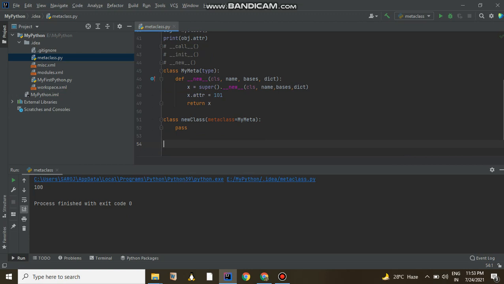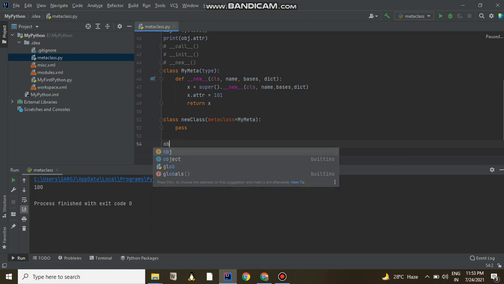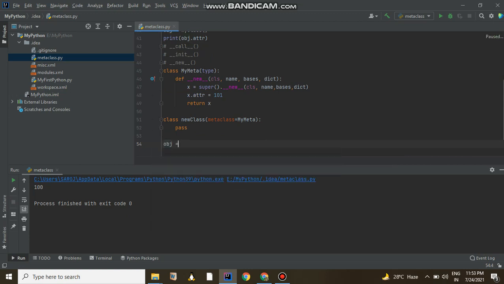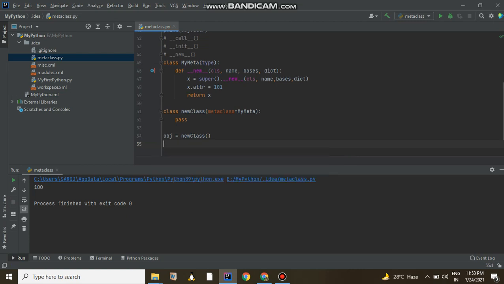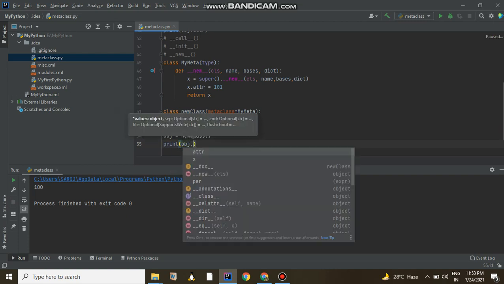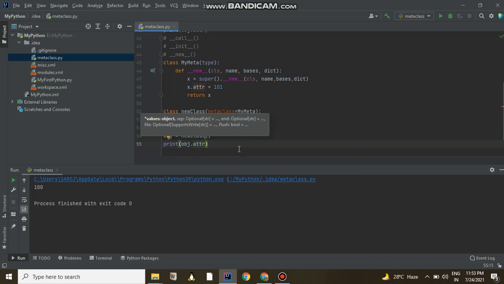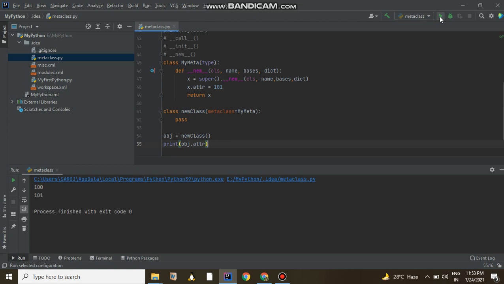Now let me create an object of it, object equal to new class, and print the attribute of the object, that means x dot attr. If I execute it, you can see it will print 101.